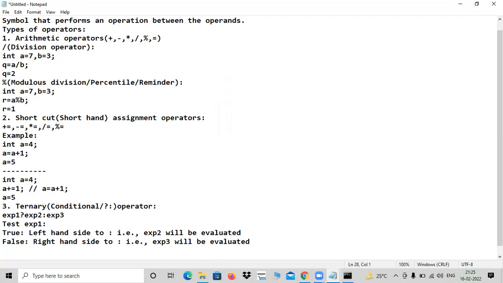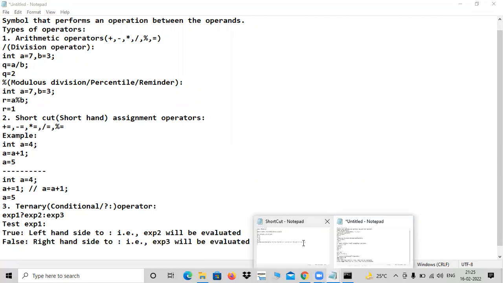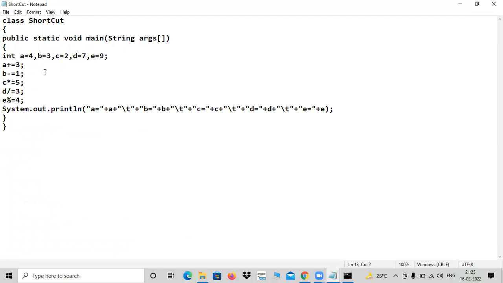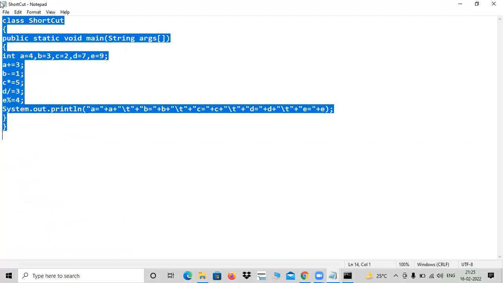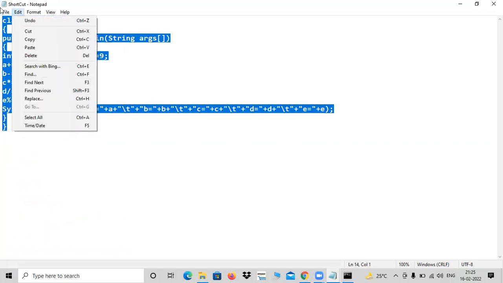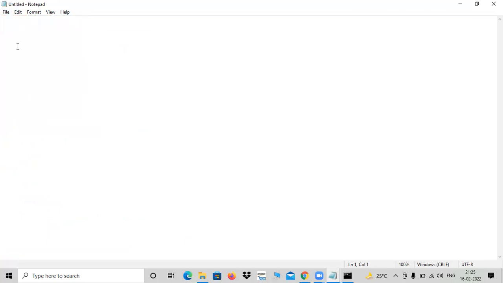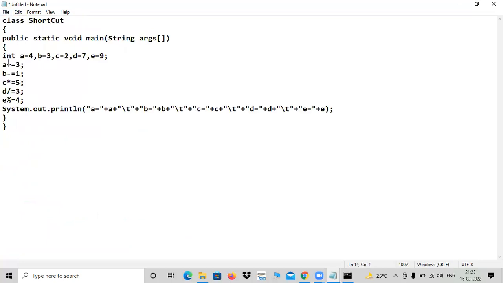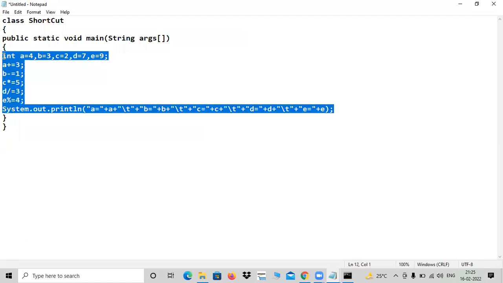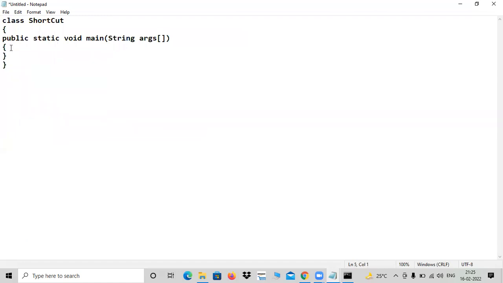So we will take one small example. You can understand. We will do one small program on this also. See here what I am doing. Let me change this code. Let me change it as